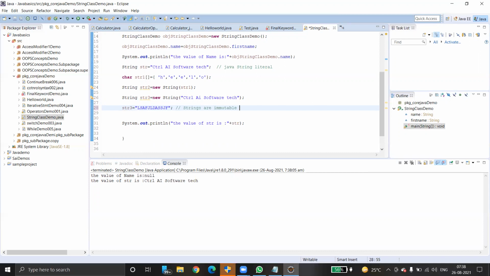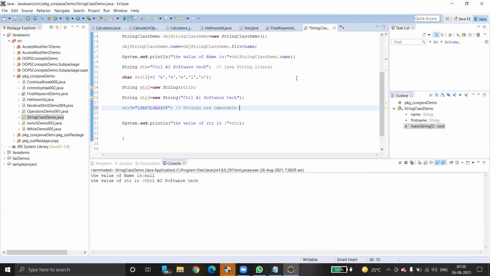But it does not work that way when we assign directly with literals. If it is a literal, it will work. It's not an object, it's just a variable. Strings can be created in two ways. One is through the Java string literal notation. The other one is you can create a string using an object. Since string is a class, we can create strings using the new keyword. If you use the new keyword, strings are immutable. That means if you have created an object with some value and you try to change it, it does not reflect the latest changes. It still takes the old value only.